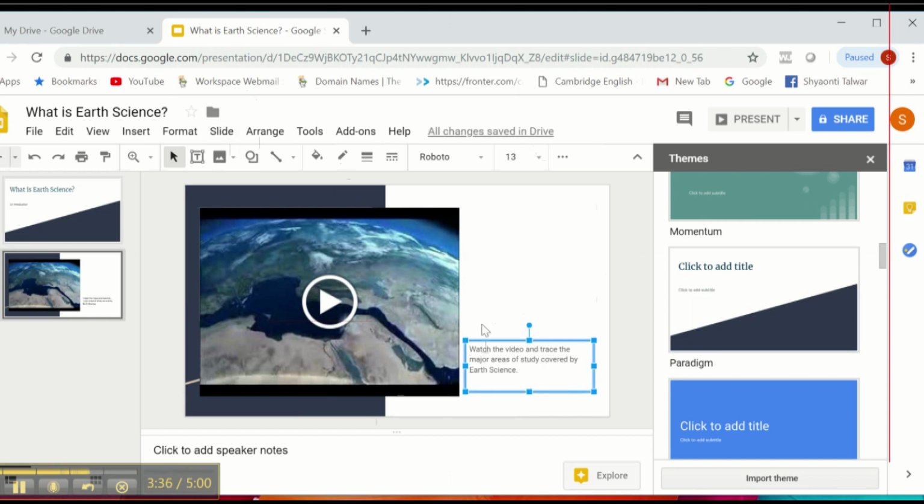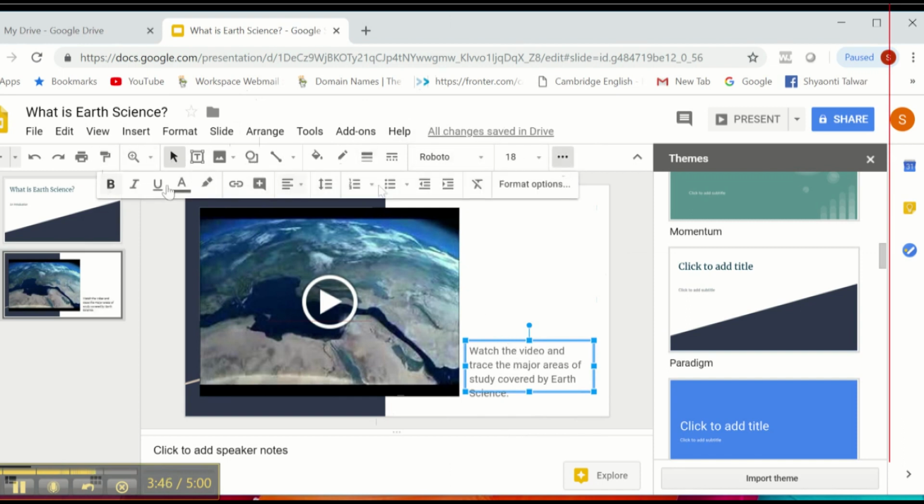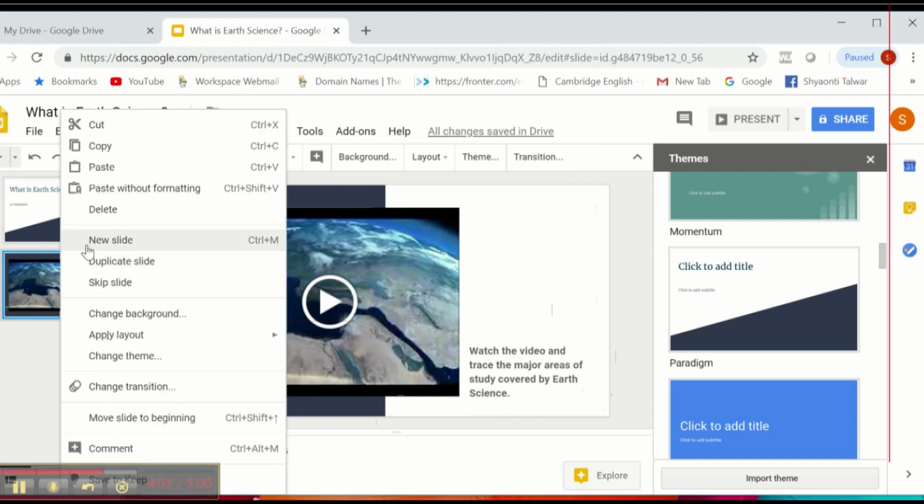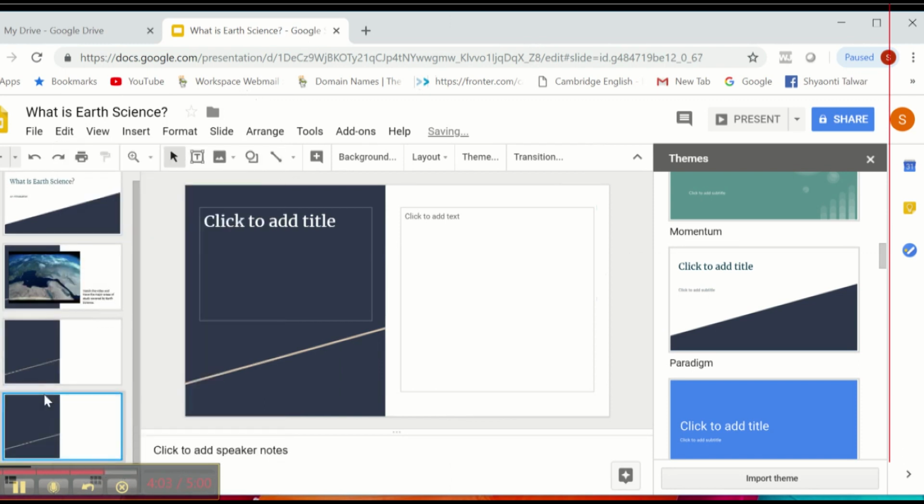Now, like in a regular PPT, I can increase or decrease the font size. So I will increase it to make it a little more prominent, and then I'll go on more, and there's the toolbar here. So I will make it bold so that my students can see it better. So my first two slides are ready. Now I want to do this in the form of a group task. So I'll add a few more slides,